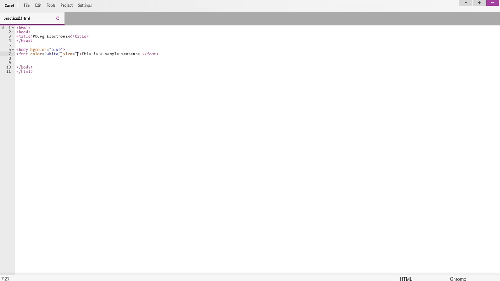Okay, font sizes are a little tricky. If you don't set a font size, it's the default font size of 3. And with font sizes in plain HTML, you're a little limited. Not so much with CSS, but with plain HTML, the font size goes from 1 to 7. So if I put a 7 in there